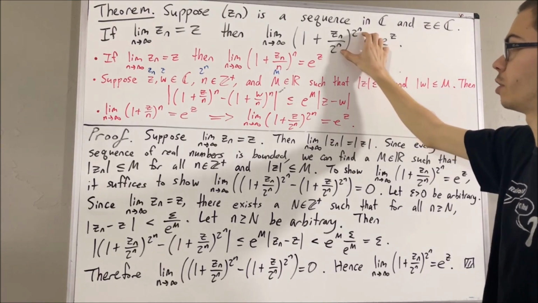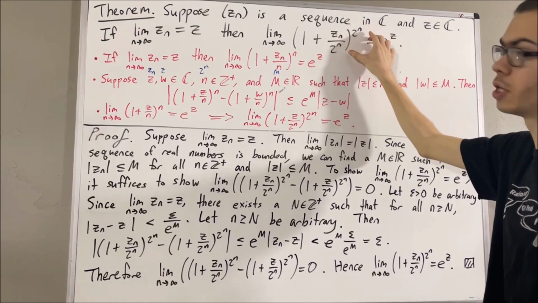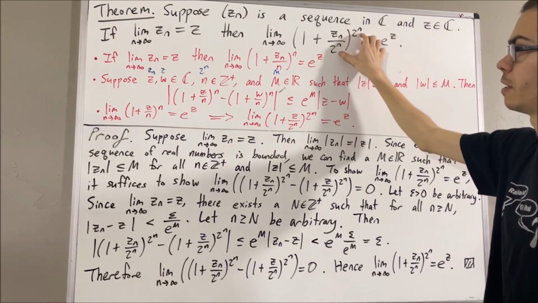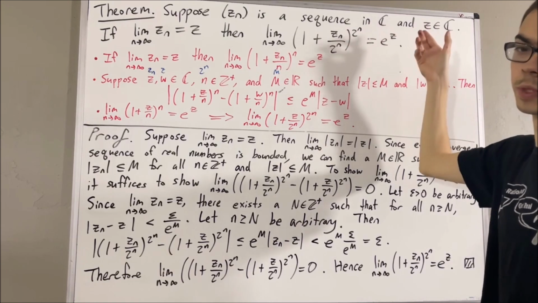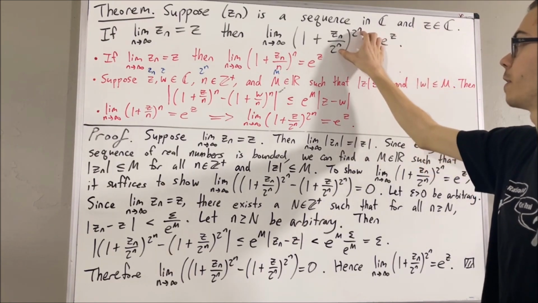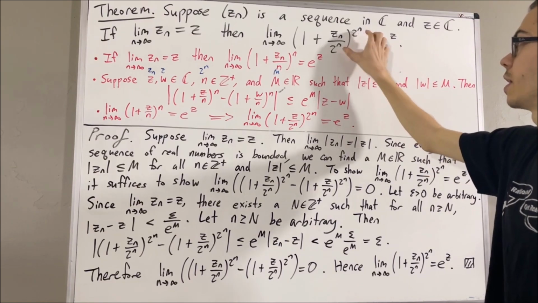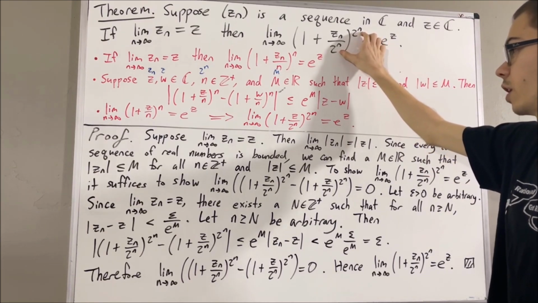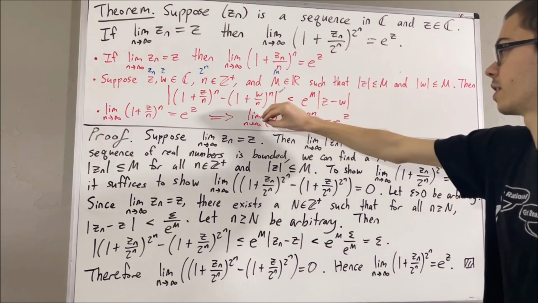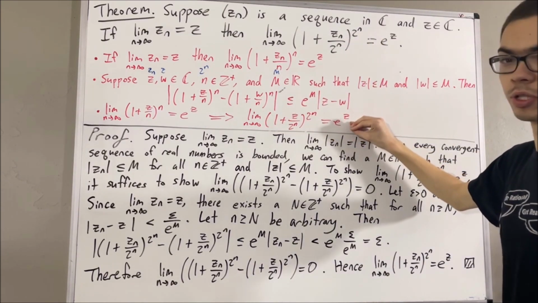So you could replace 2 to the n with 3 to the n, it would be true. You could replace 2 to the n with 5n plus 7, it would be true. Right? As long as you have a strictly increasing sequence of positive integers, it will also work. Because the only thing that made 2 to the n work was that this subsequence will converge to e to the z,